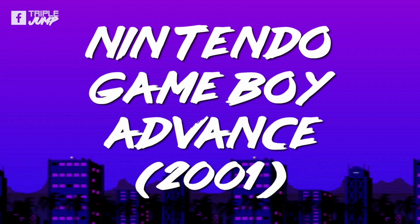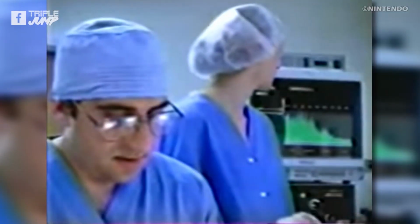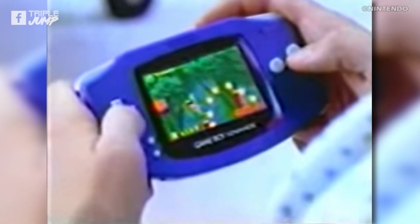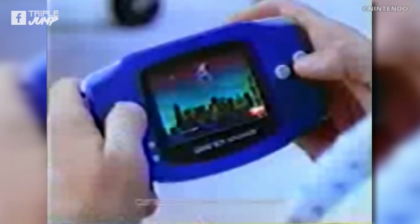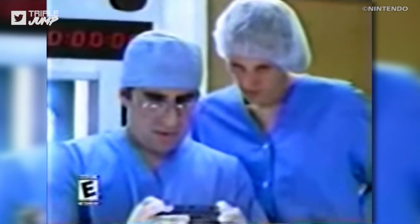Number 2. Nintendo Game Boy Advance, 2001. Nintendo must have been pretty hesitant to leave the original Game Boy behind. It was a literal worldwide phenomenon, but there came a time that they simply had to move on. Enter the Game Boy Advance, which did not eclipse the Game Boy in sales, but did so in every other